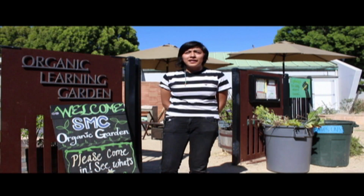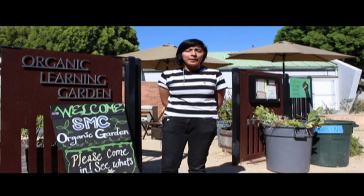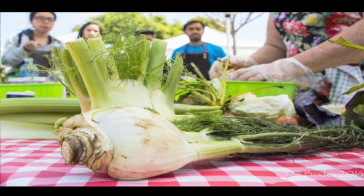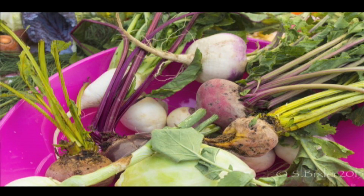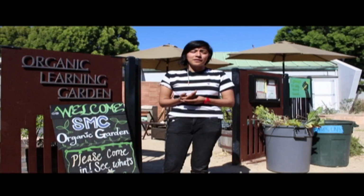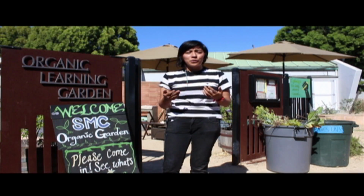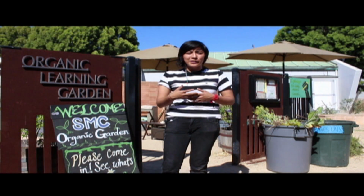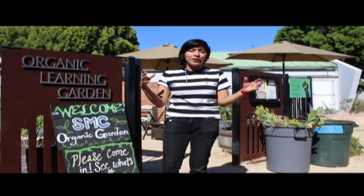The garden started 10 years ago, actually. Started by the associated students. They invested on all this area, this whole space. One of the main purposes of the garden, aside from growing our own food, is talking about how food insecurity shouldn't be happening in our local community, and also building community within our Santa Monica